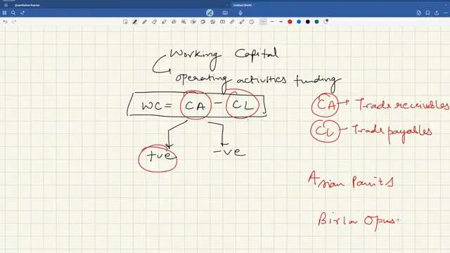Any doubt with what I discussed? So one can say that Asian Paints will have a very strong buyer power as compared to Birla Opus. This is also referred to as negotiating power. So the negotiating power of Asian Paints is very strong with respect to the buyers. Now look from the supplier's perspective. Let's say there are two suppliers, supplier X and supplier Y. Now these suppliers already know,